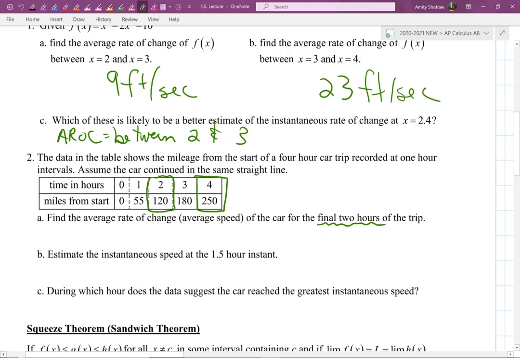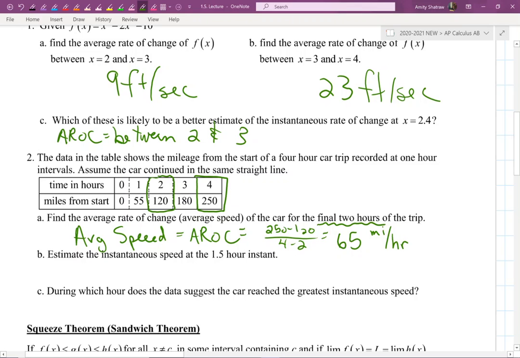So find the average rate of change in the final 2 hours of the trip. I'm going to say that my average speed is the same thing as an AROC, an average rate of change, and that I have 250 miles minus 120 miles over 4 minus 2, and this is trivial to work out. I find out that my answer is 65 miles per hour, and I definitely want to include units because